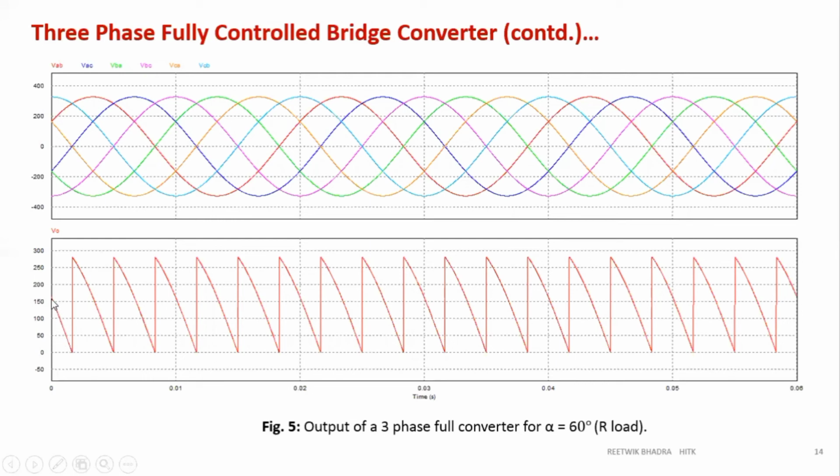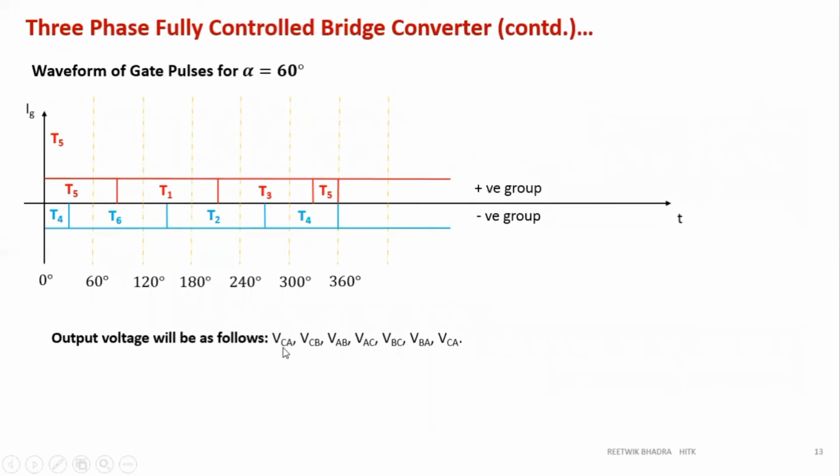0 degree C. Below 200 to 0 degree C. Correct? Right? From 200, below 200 to 0. Next, which voltage? CB. So next, 30 to some 90 degree, it is CB.